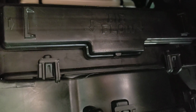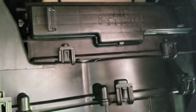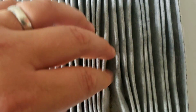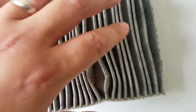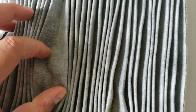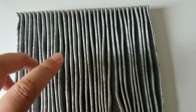So you can actually see the filter right there. Let's go ahead and take it out and take a look at the filter itself. So I took the filter out, you guys. Now if we look closely right here, it's pollen season. Well, I actually just finished, but you can look at all that gunk. You get some medium buildup, so I'm going to clean it out, reinstall it, and put it back on